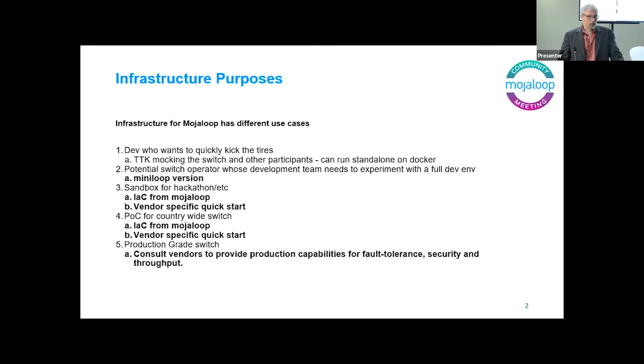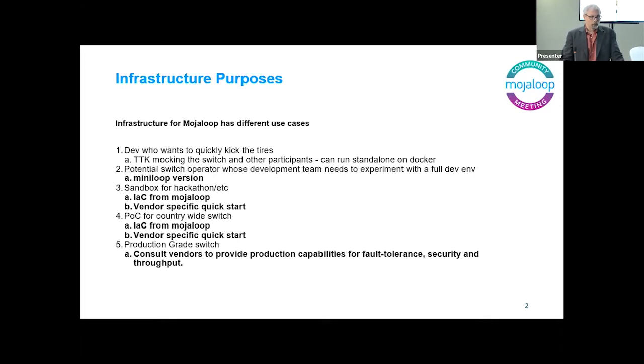So there's not just one size fits all. We have developers who want to quickly figure out what is Mojaloop about. They want to kick the tires. And for that user, we have the TTK with mocking capabilities, which is going to address that use case in